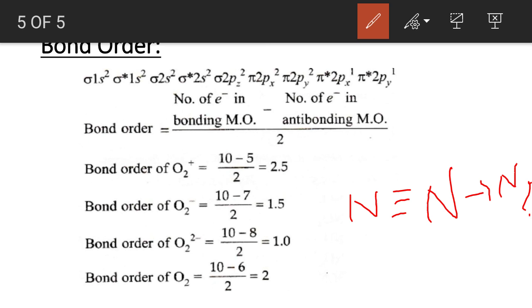is 3. In the case of molecules which do not contain a positive or negative charge, we can easily say that the number of bonds present between the two atoms in a molecule is its bond order. Generally, but more precisely, we calculate the bond order using the formula: half of the difference between the number of electrons in the bonding molecular orbitals and the number of electrons in the antibonding molecular orbitals. It is called bond order.